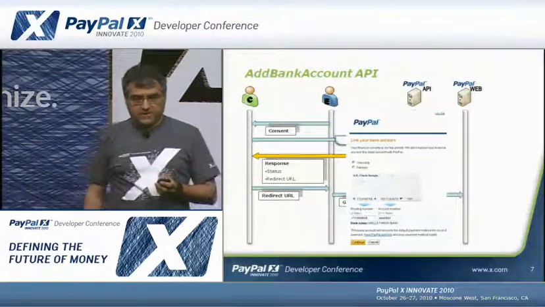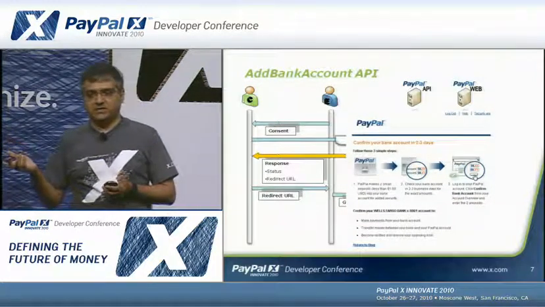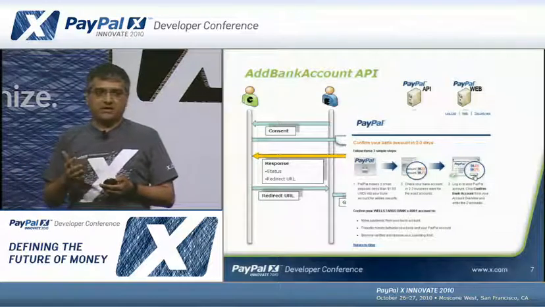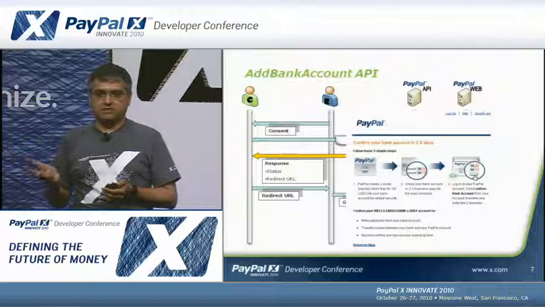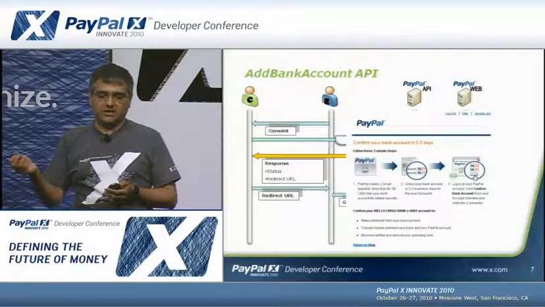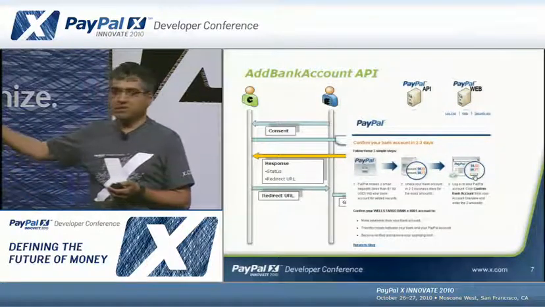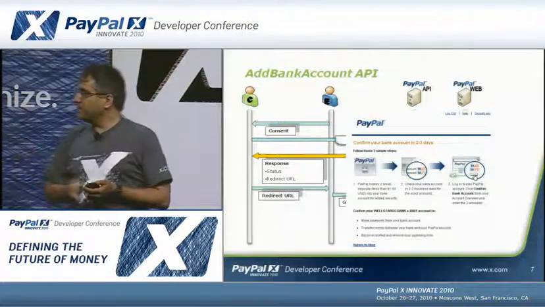When they click Continue, they're shown a page that says, for banks, if you're familiar with PayPal, you would know that the way PayPal really confirms ownership of a bank account is it sends 2 random deposits to that bank account, and the end user must go to the bank account, log in, look up those deposits, and re-enter them on their PayPal account. So that's what this page is telling them to do next. So that's what happens in this case.